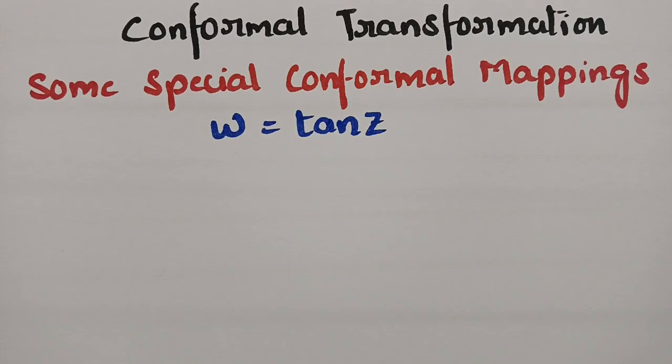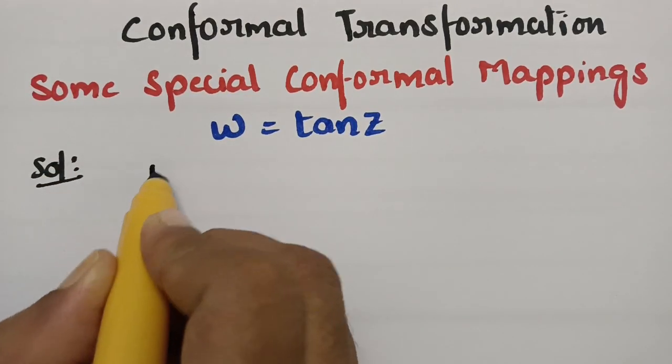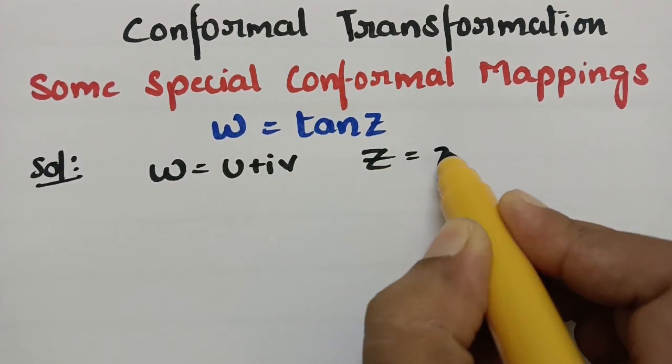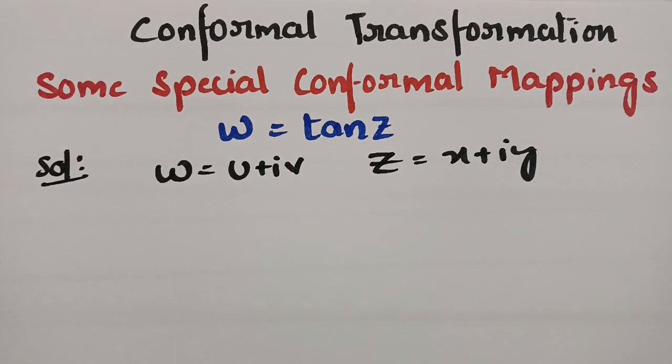Let's get started with today's topic, that is conformal transformations. Here is a special conformal mapping, that is W is equal to tan Z. See, here is the solution. As you know, W is equal to U plus iV, and Z is equal to X plus iY. So if I substitute in this,